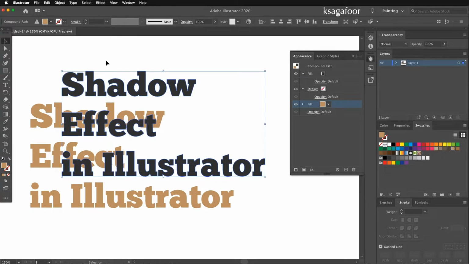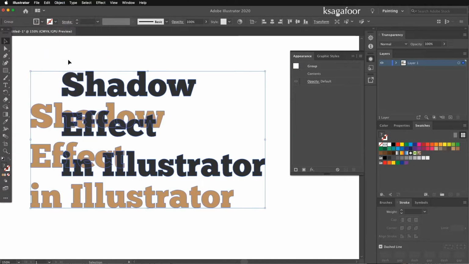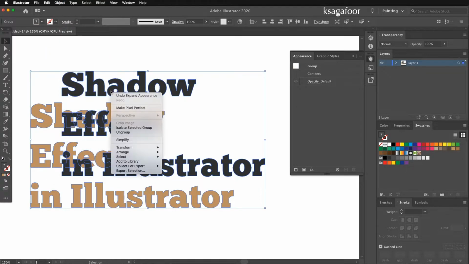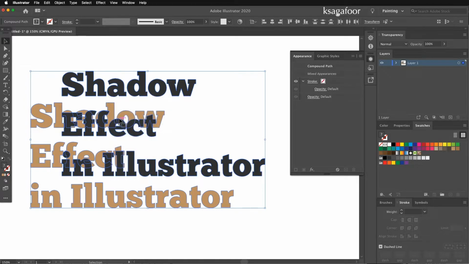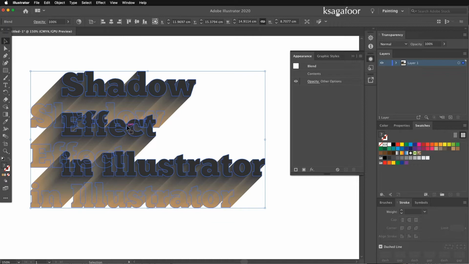then Object, Expand Appearance, then right-click, Ungroup, then Blend Options, Make. Okay,